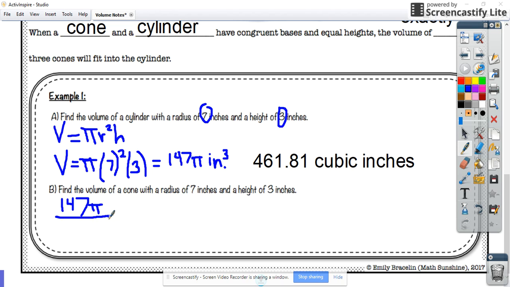Since 3 cones will fit into 1 cylinder of the same dimensions, we can just divide this by 3. 147 divided by 3, you can use a calculator for this, is 49. So our answer is 49 pi